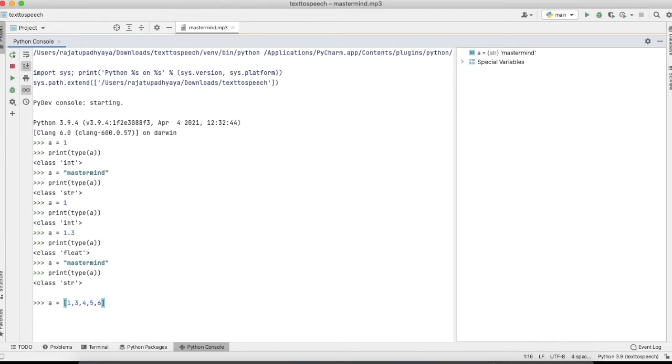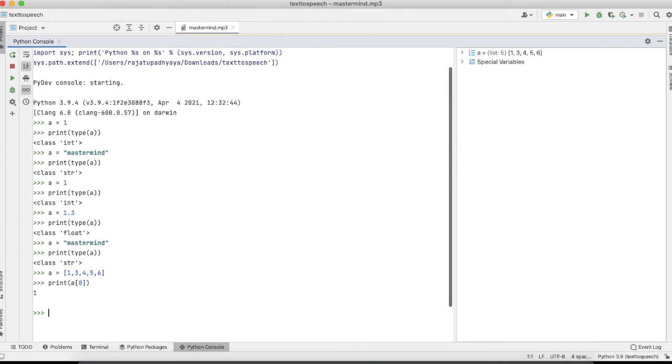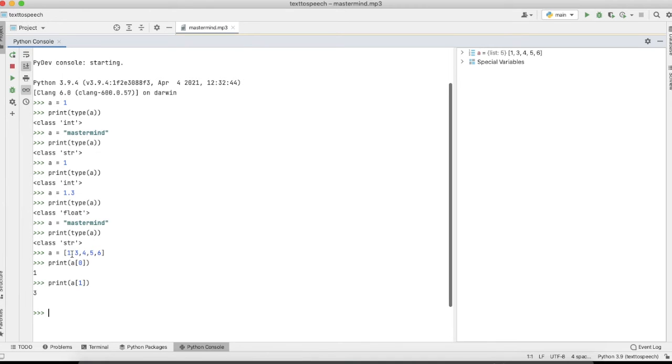If we talk about ordered, what does it mean? Suppose I am printing the value of index 0, then it will print 1. If we print the index value of 1, it will print 3. So ordered means every value has some index number, so that means it is ordered.